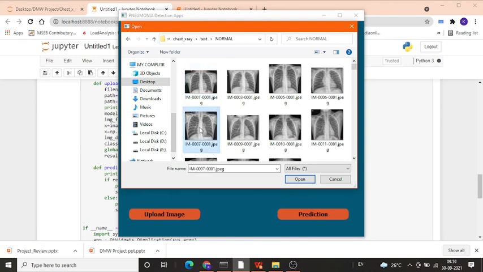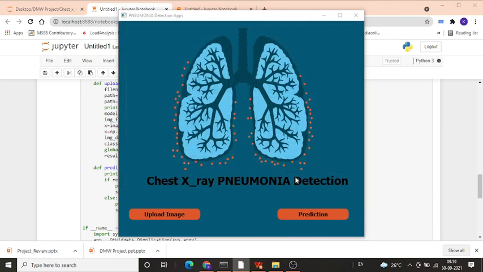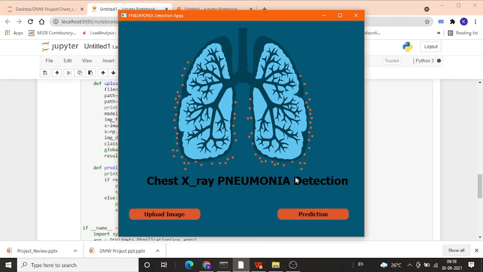Whenever I select any of these X-ray reports and press on predict, the result is normal. Like that it will say that the result is normal.